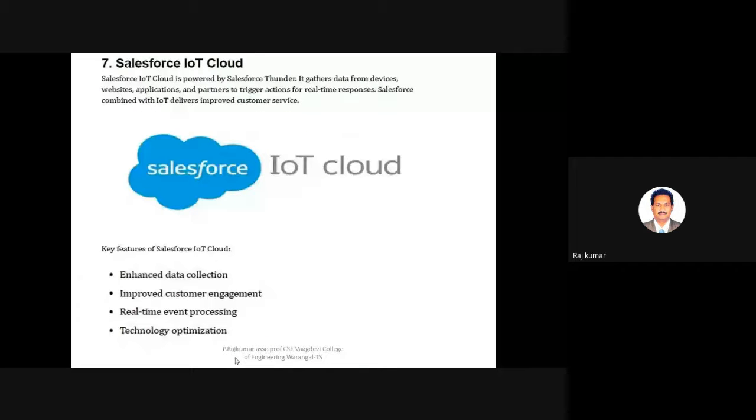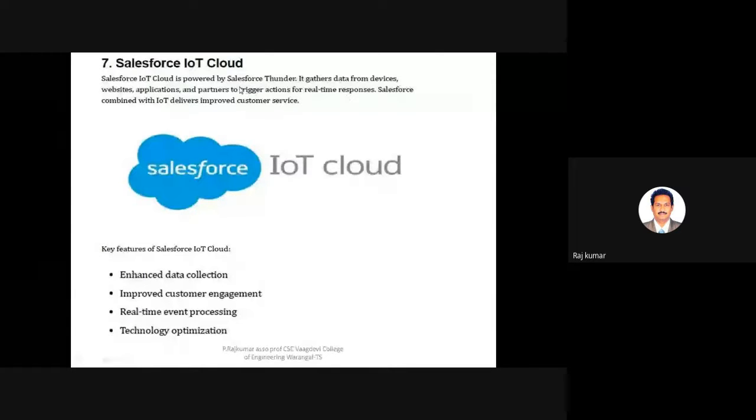And the next one is the Salesforce IoT Cloud. Salesforce is one of the largest companies in the world which provide these cloud services. Apart from that, they are also providing IoT cloud. So the advantage of using Salesforce IoT Cloud is that it gathers data from devices, which is a common thing from all cloud providers, and also from websites, applications, and partners to trigger actions for real-time responses.